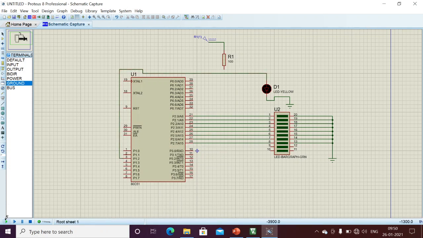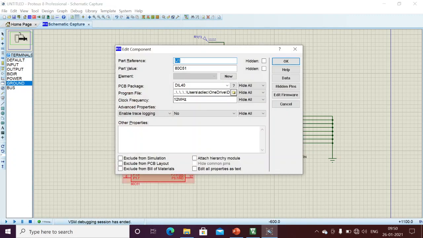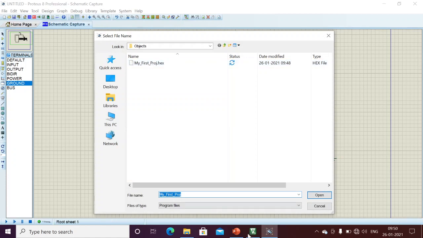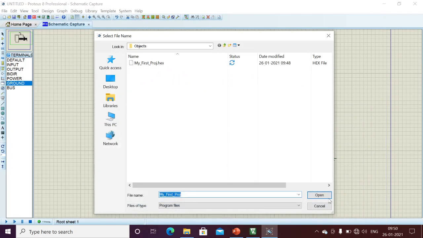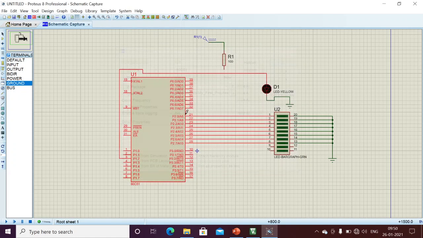Now I am replaying. Why? Because my executable is already selected. No need to select again and again, because the executable is always generated in the same place from the Keil, and the same executable is already selected here. We just need to stop and play. Whatever program changes we make will be reflected here. See here, the LED is toggling on and off.